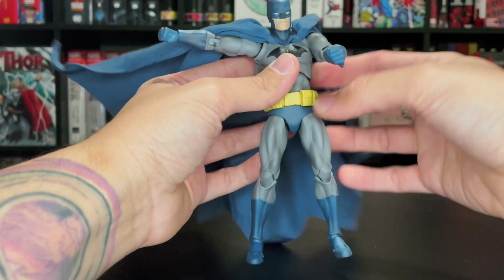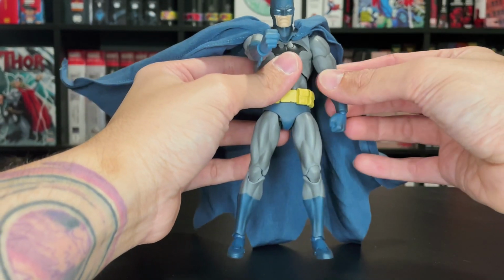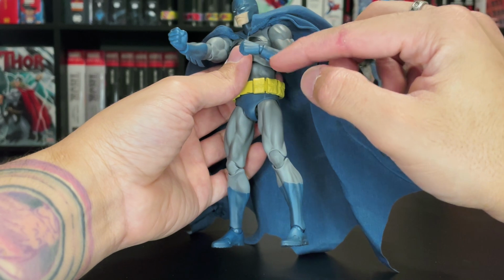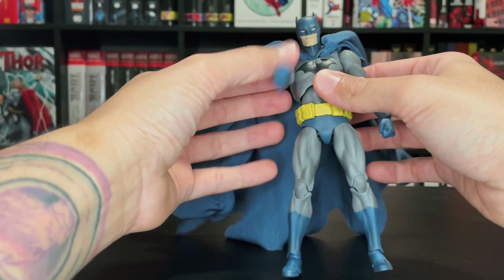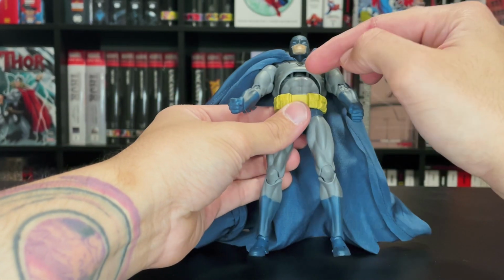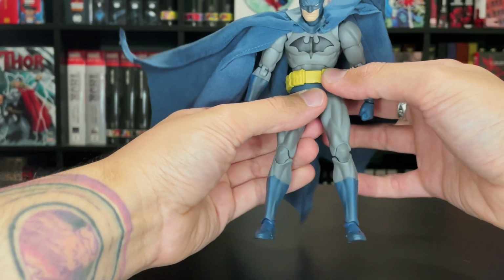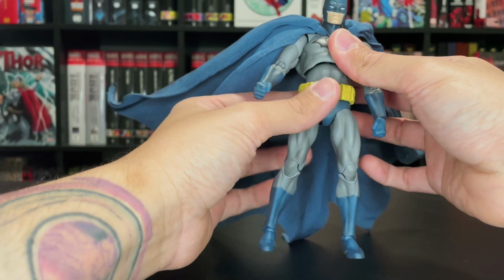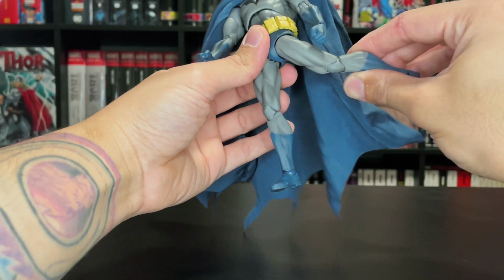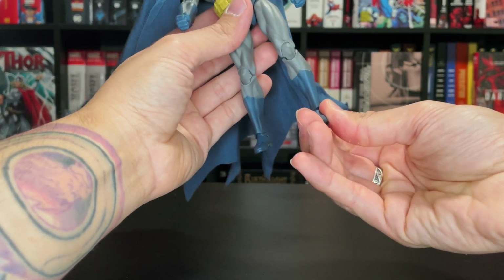As you can see, he's got some nice range of motion and is able to cross those arms, no problem, with those big muscles. He's got bicep swivel, double jointed elbows, and hands are on those Mafex pegs. The actual gauntlets are looking very nice as well. He's got really good shading throughout the grays and the blues. He's gonna have a ball peg at the chest and one at the waist. That way he's got that lean back and that crouch forward. The utility belt is a floating piece and does not get in the way at all. Legs can kick forward, backward, have a bit of drop down and thigh cut, double jointed knees, ankle rocker, and